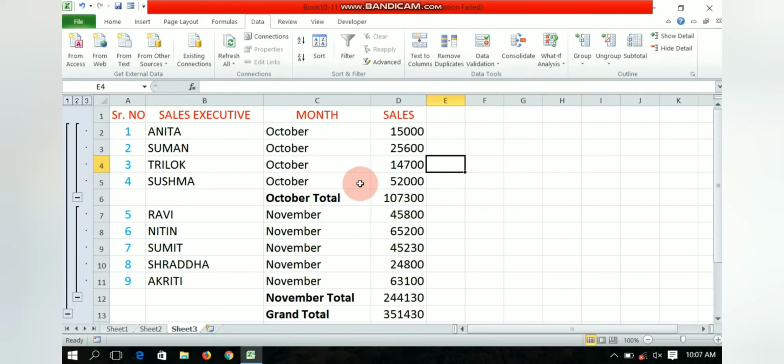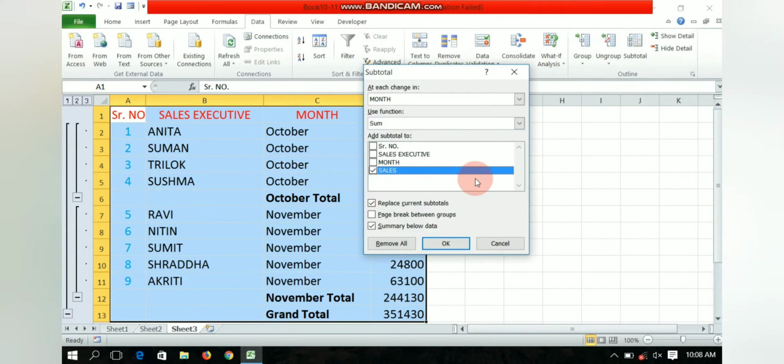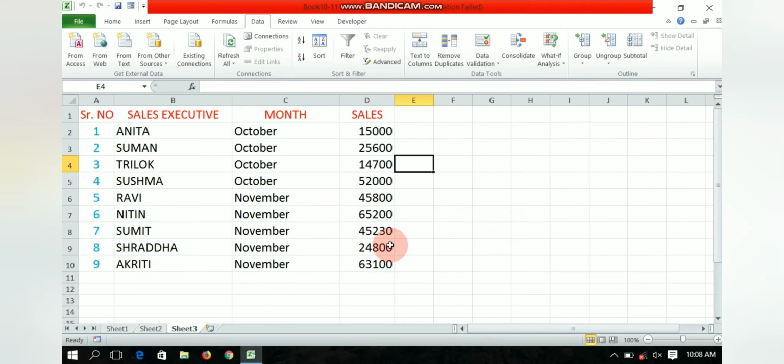So now you can see the total of October and total of November and the grand total sale is in front of us. And if you want to remove it, you can simply go to the subtotal option, and here you will find Remove All, and now the total is gone.